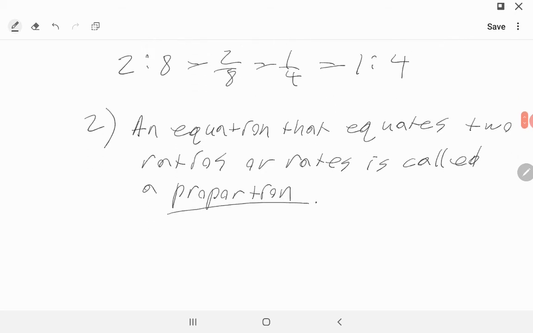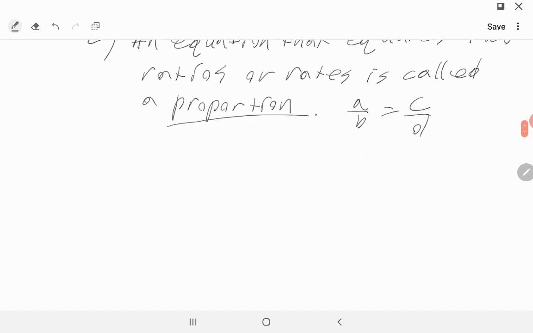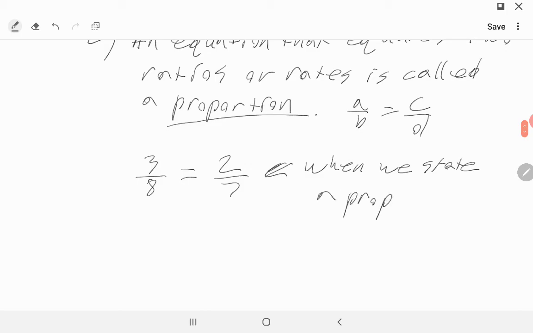This is basically just the idea of A divided by B equals C divided by D. We've seen things like this before. So if we saw something like a ratio of 3/8 equals a ratio of 2/7, when we state a proportion, we can identify it